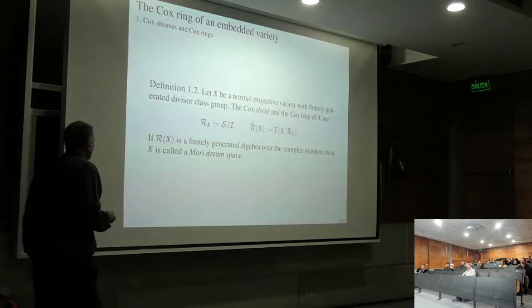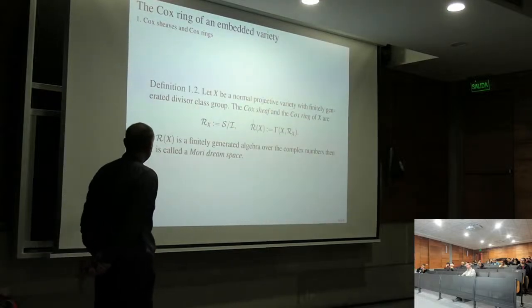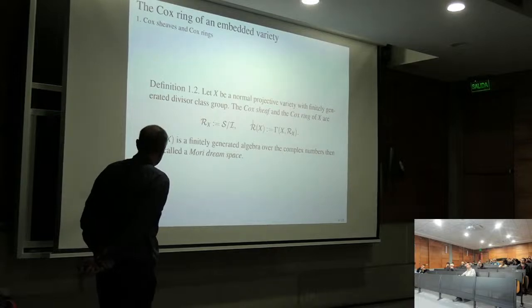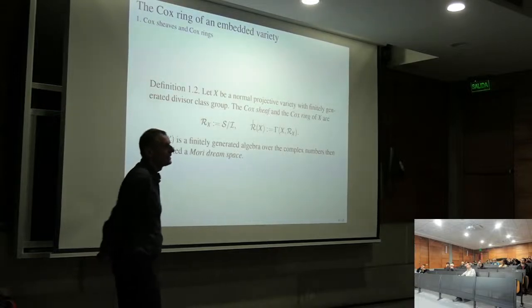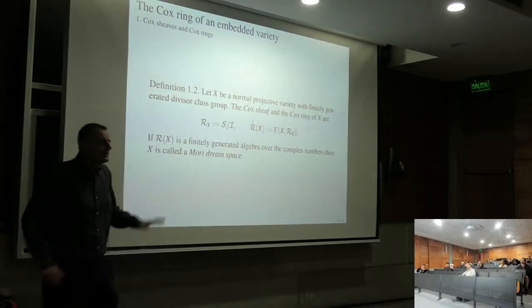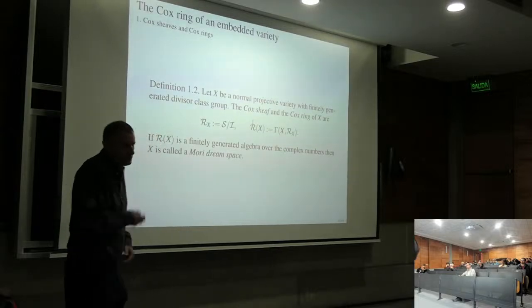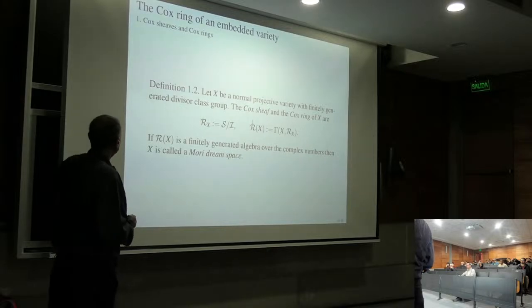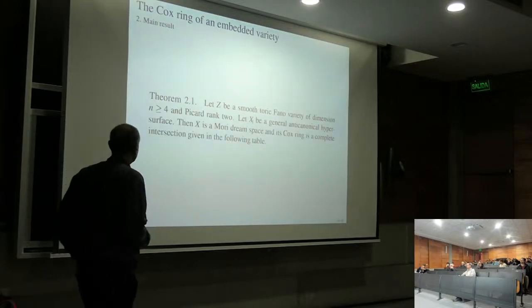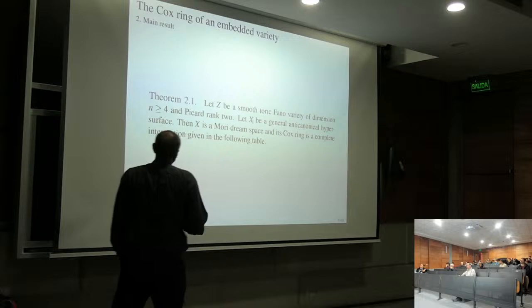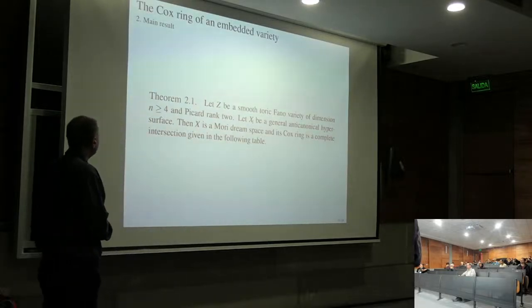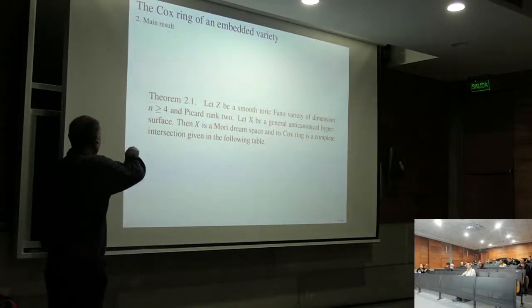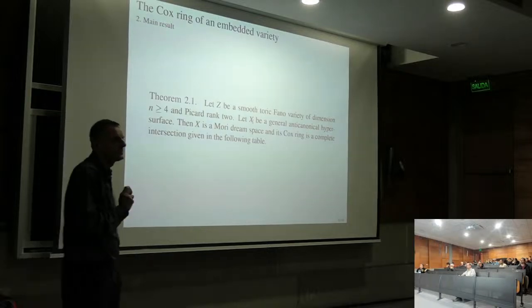Okay. So what about the Cox ring of the embedded variety? I'm going to give a theorem, a statement about this, and mostly we apply it to the following. Take a smooth toric Fano variety of dimension n greater than or equal to 4. The reason for the dimension is